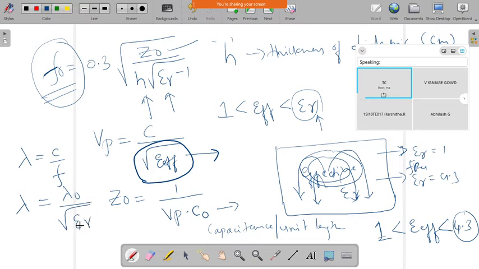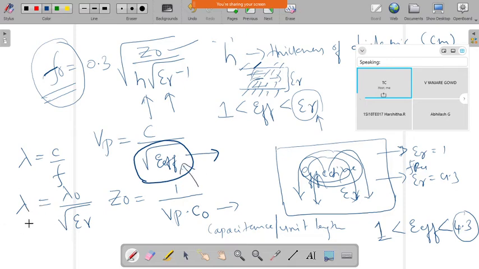So in general, for any structure, even if you discuss the strip line, the strip line is nothing but two conductors, that is, ground planes, with the conductor in between. It depends only on the one material, epsilon r, which is there above and below, the dielectric materials. In this case we can use only the epsilon r, but in our microstrip line case we have to use the effective epsilon.